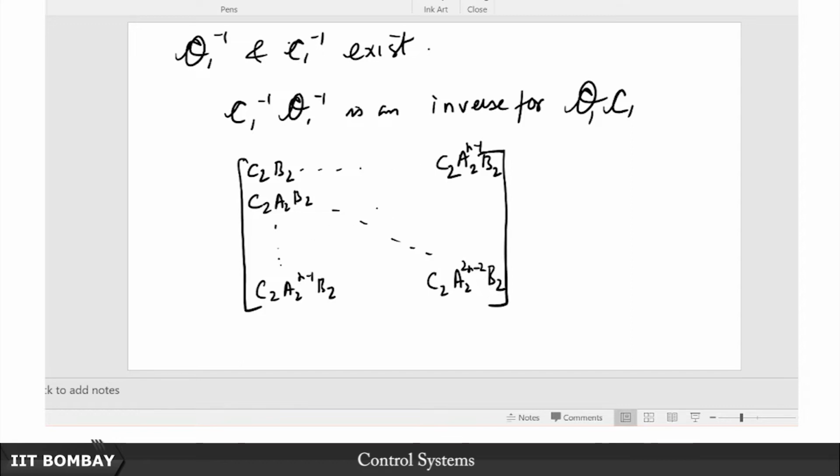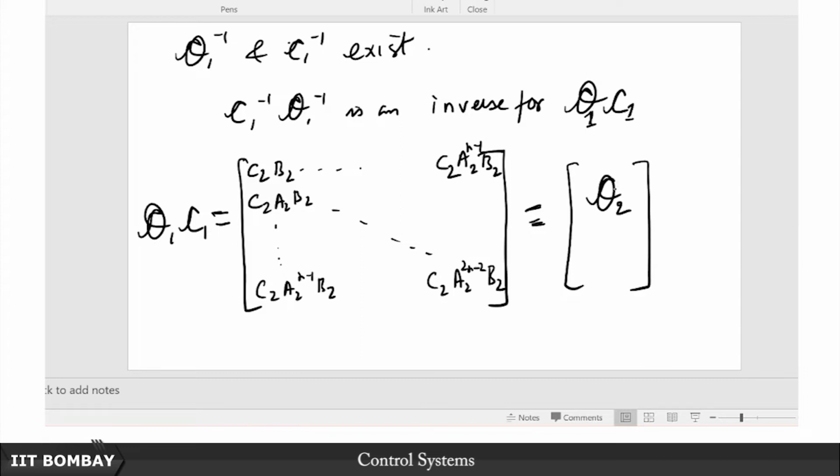Okay. So this is equal to nothing but O1 C1. But this is equal to what? You see, if I write the observability and controllability in terms of O2 C2, that will be of a smaller size, right. So what I am going to do is take this, which is nothing but, if I write the O2 matrix here,